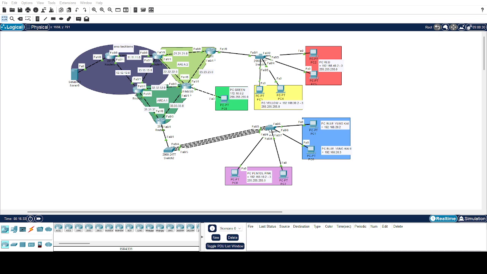List of protocols used. The task says we need to use at least 5 protocols. Here are some common ones in this topology. The first is OSPF for routing, and NAT for dynamic port address translation, and DHCP can be used to give IP addressing to VPCs automatically. And DNS is optional for name resolution, and ICMP is used when we ping a device to test connectivity. These protocols are essential in real-world networking.